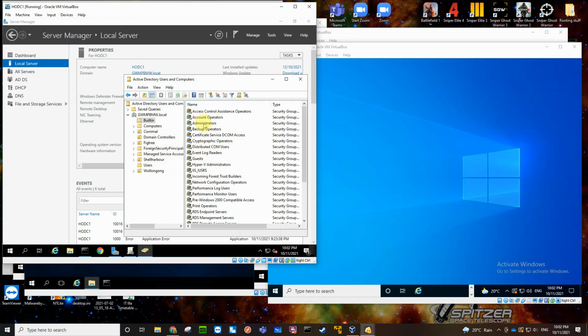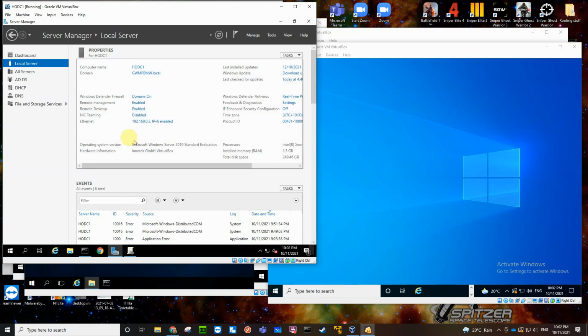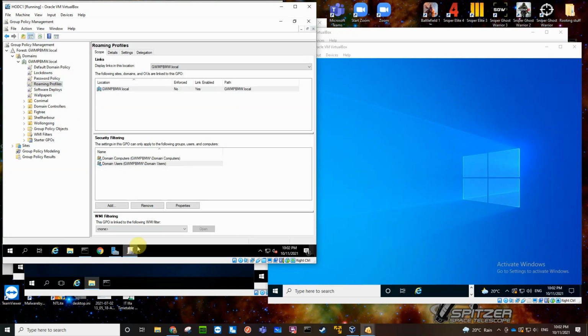But we did find the domain users, which is what we're using at the moment. That's okay. So back to our policy. What we need to do now is create the roaming profile redirection into our distributed file system. So let's edit this policy,